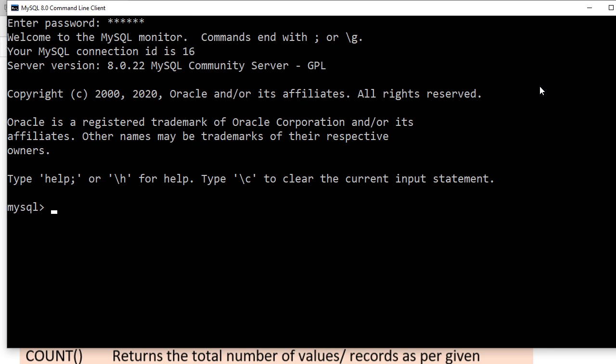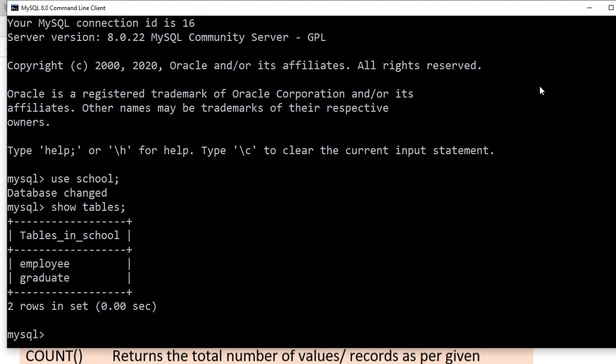Okay, now I'm going to write use school. Since you know, I want to see whether the graduate table is there or not. So I write show tables. Okay, done.